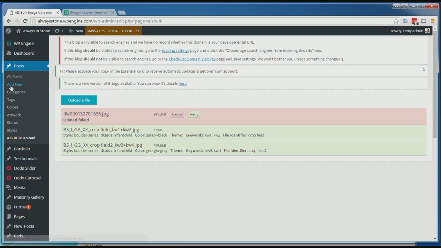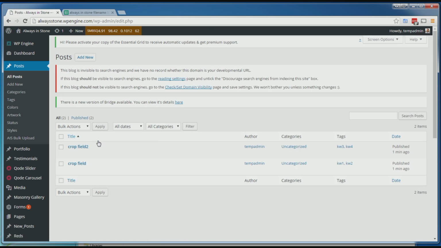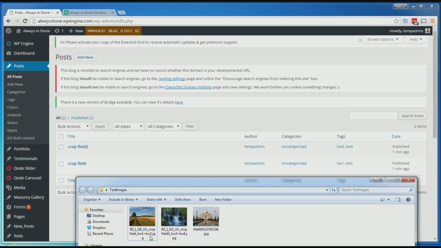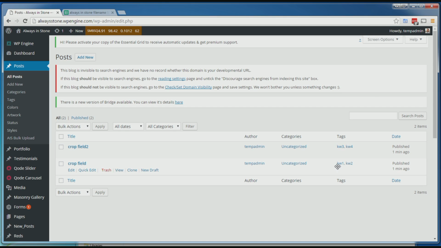components. So if I go into posts now, so here's our crop field and our crop field 2, and those just come from these file names, crop field 2, crop field, and it has assigned the correct tags. And if I edit one,